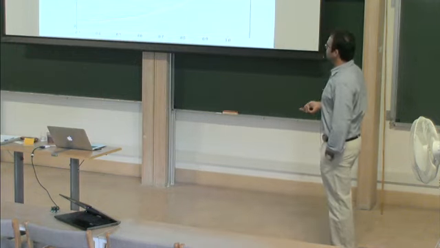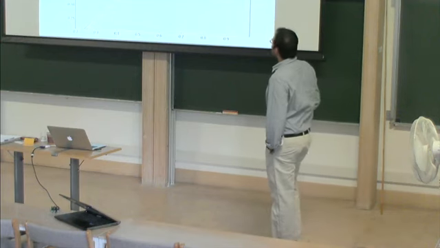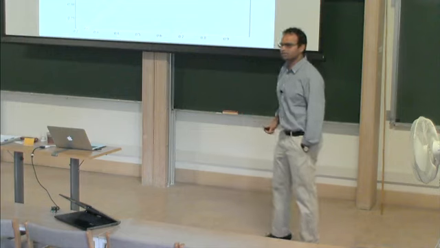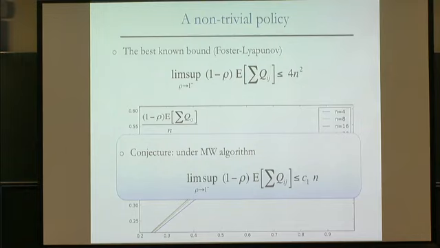Okay. Let me replot it in a different way. That is, let me plot this entire thing. And as n increases, of course, there is a little bit of drift here, but what you can see is it's settling up there. And I couldn't go farther than 32 because Python on a Mac gives up after 32. Okay. Also, if you notice, there's a constant half there, and you may want to remember half, it will show up at some point of time. Okay. So if I were to sit here and put a conjecture, here's the conjecture that for the max weight algorithm,